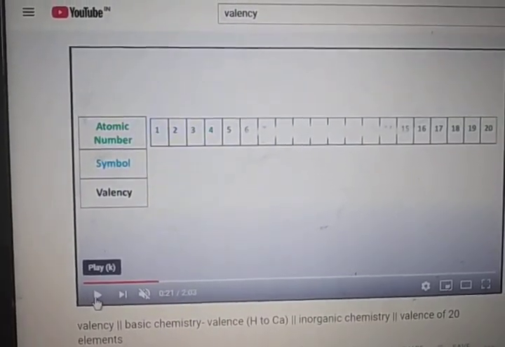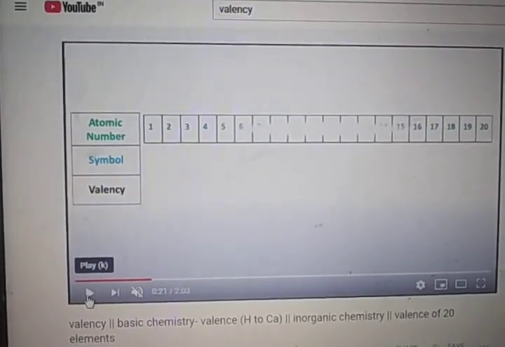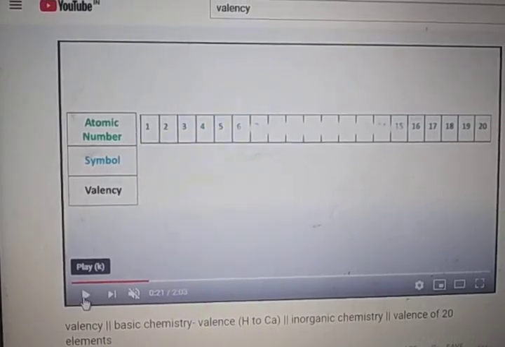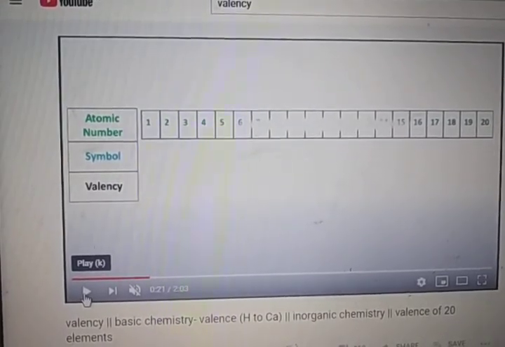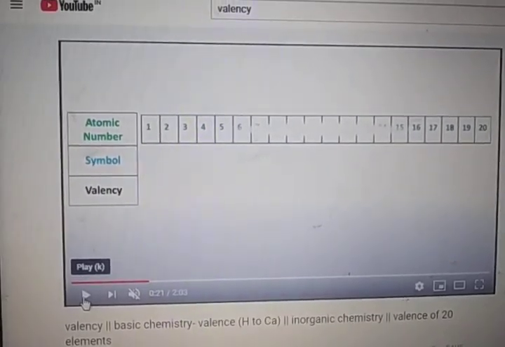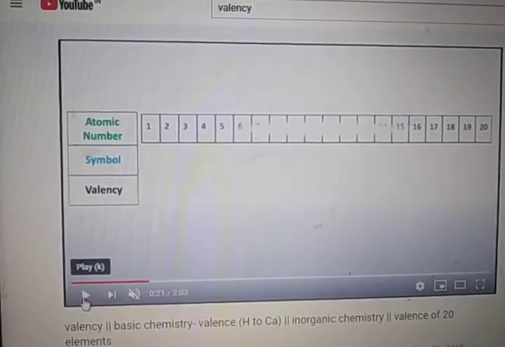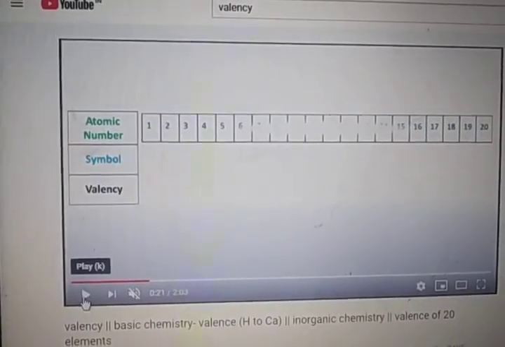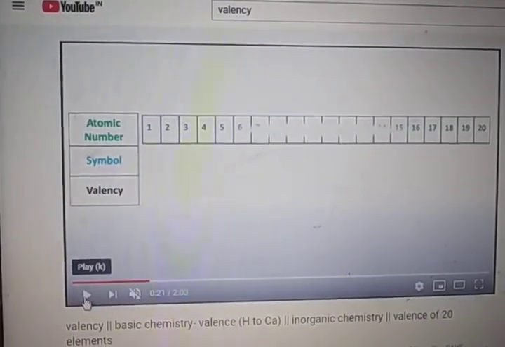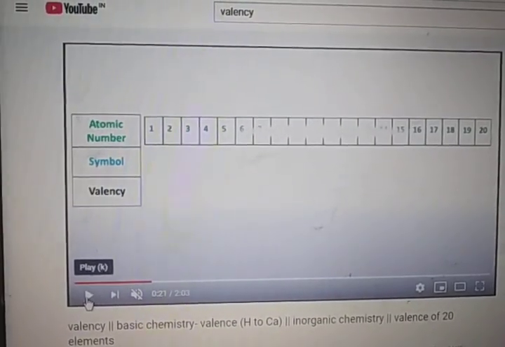Similar to this, atoms also tend to make relationships, and such relationships are known as bonds. In chemical terms, these relationships of atoms are known as bonds. And this completely depends upon the valency of the elements. Valency is how the element will form a bond. The combining capacity of an element is valency.